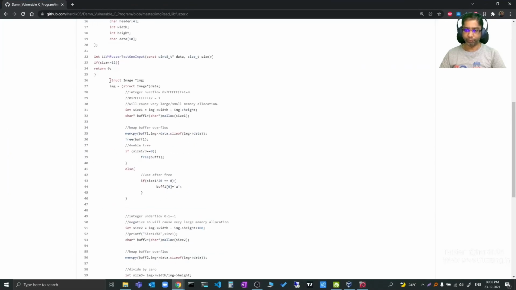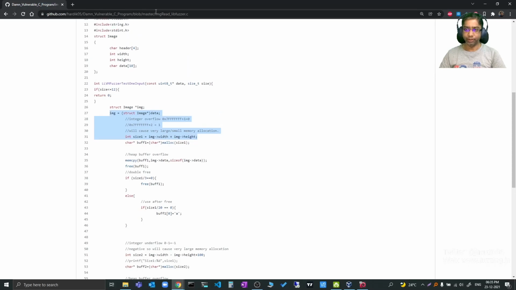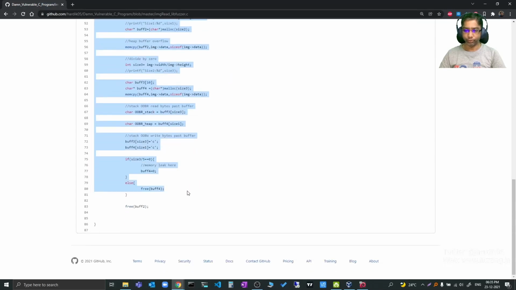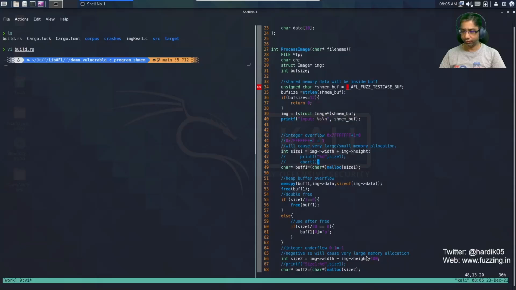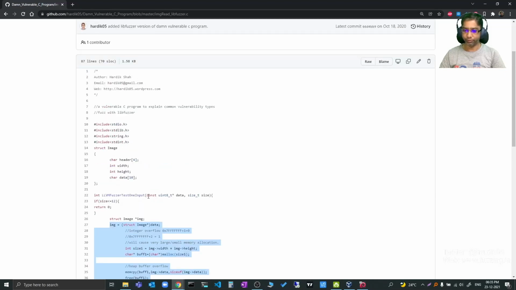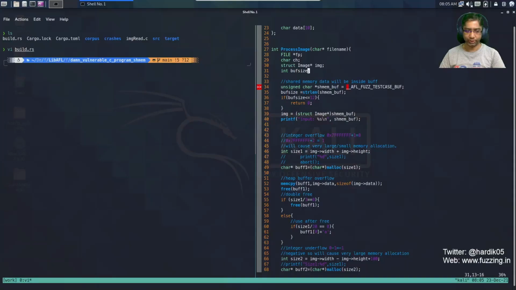I am doing the same thing: you can copy this img_read_libfuzzer.c code and paste it inside the process image function. The only difference is that we are not using the LLVMFuzzerTestOneInput function over here, we are using the process image function as mentioned.